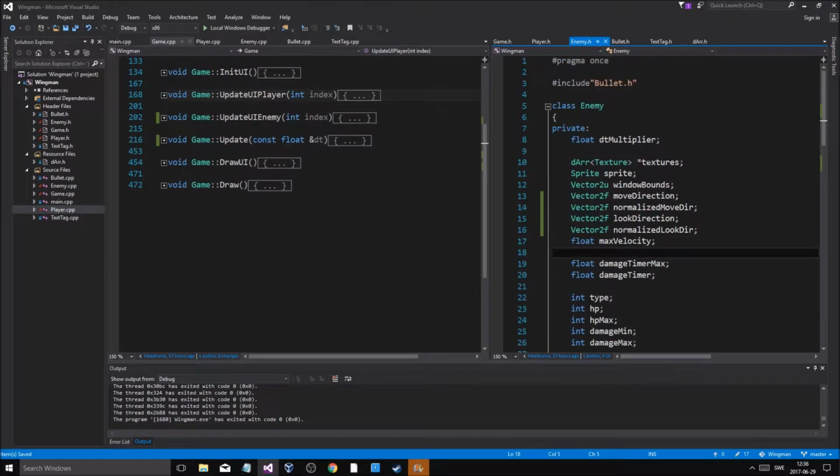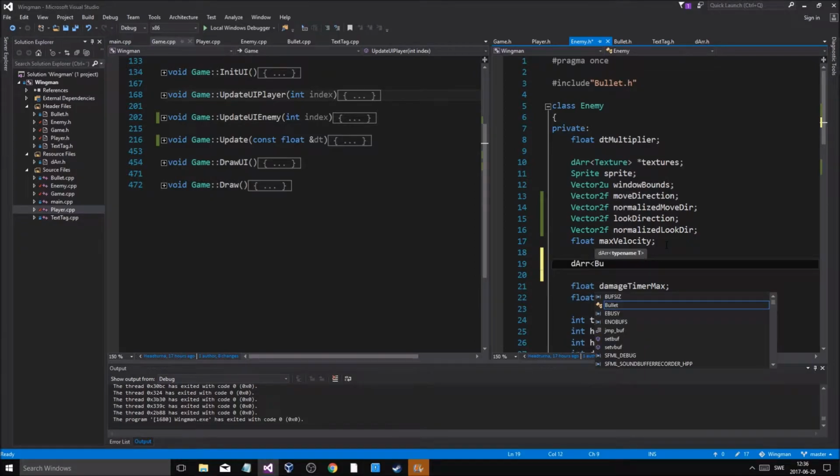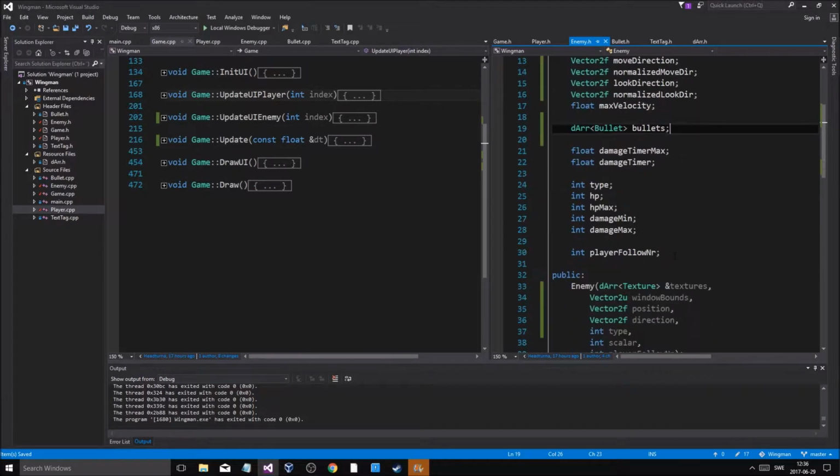I'm gonna do a 2D array for bullets in here. I'm gonna get the bullets in here. Then I'm gonna make a